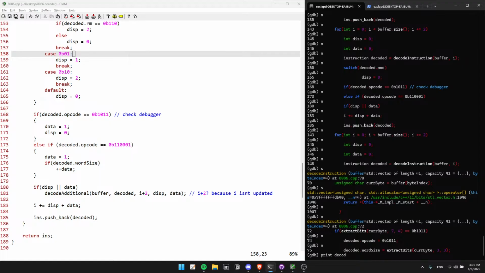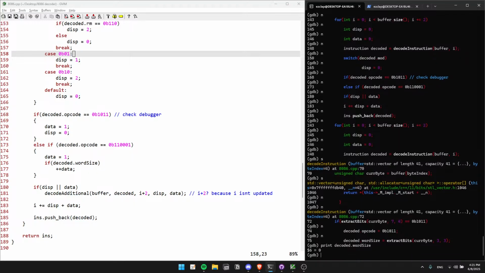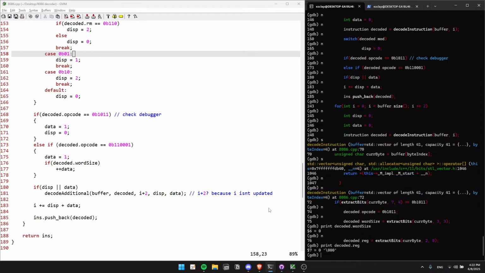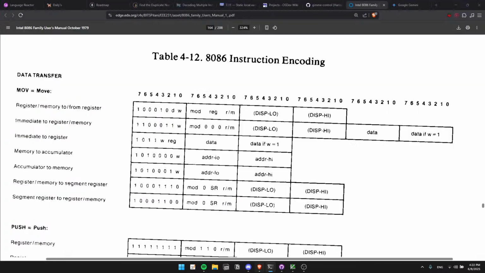Print decoded word size. This just has to be 0 or 1. Sorry. Or is it 1? It's 1 of data. Okay, it's 0. Come on. Wait, is it 0? I think it is. Yeah. Next. Print decoded red. What is that red shield again? I'm actually not quite sure what the red is supposed to represent. How do I print